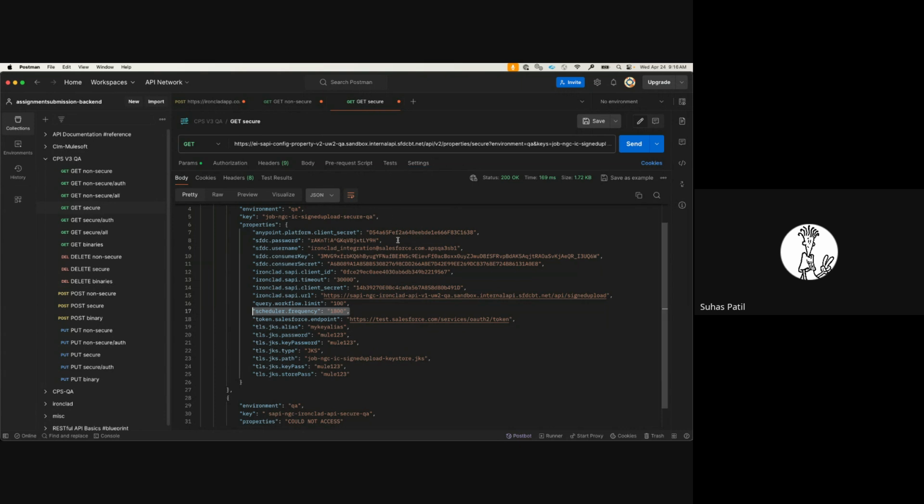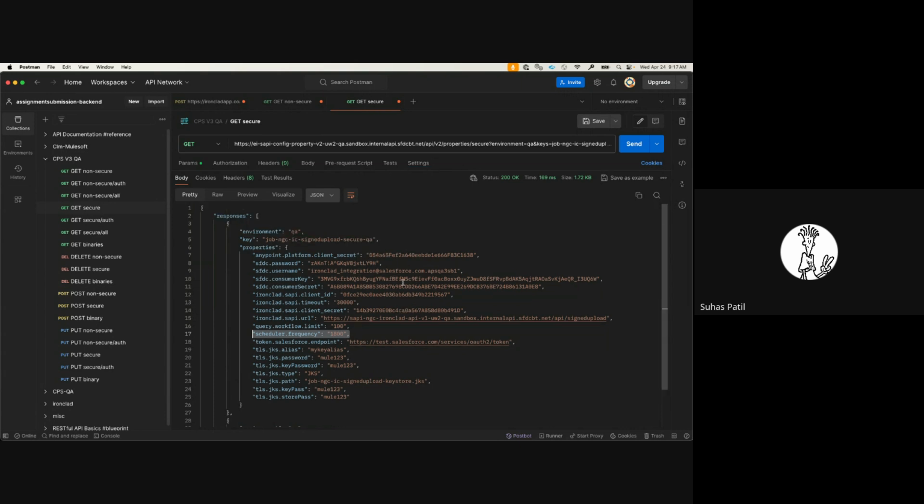To go forward, I am pretty sure you know about this, but this is the CPS. It is a kind of vault where we keep all our secrets, IDs, and keys. So as part of this Mule implementation,